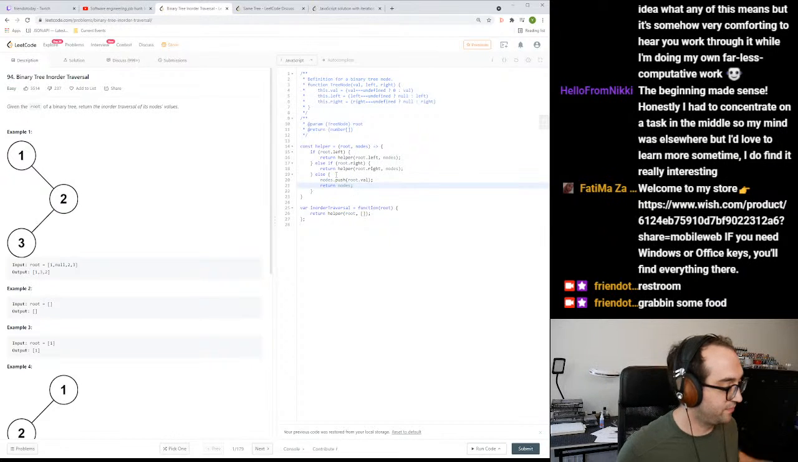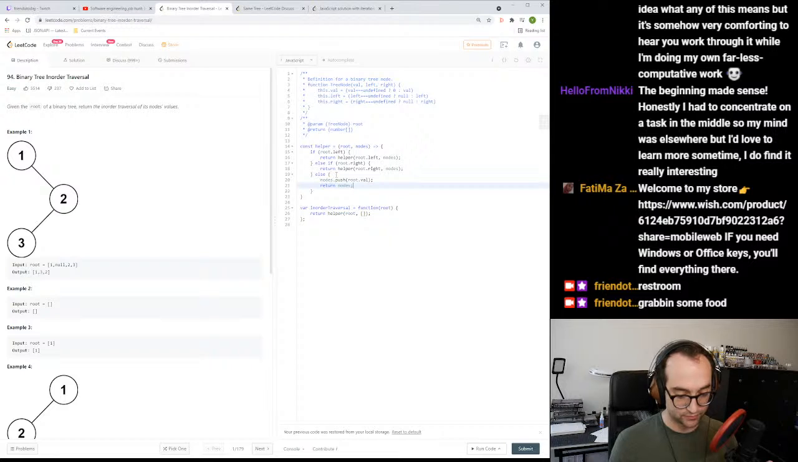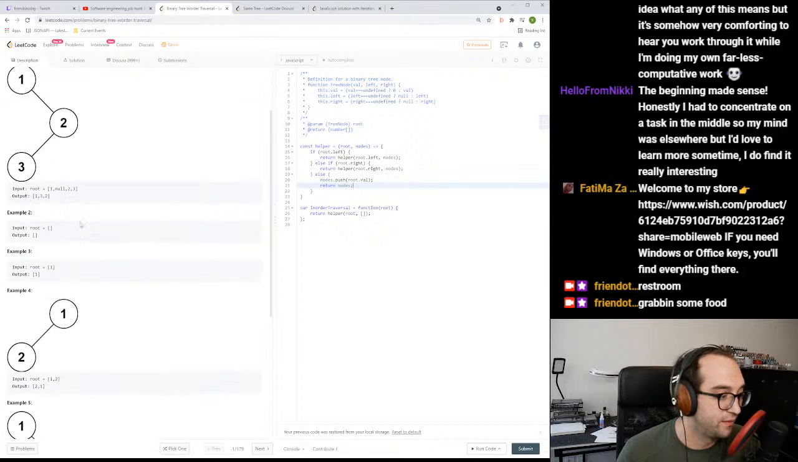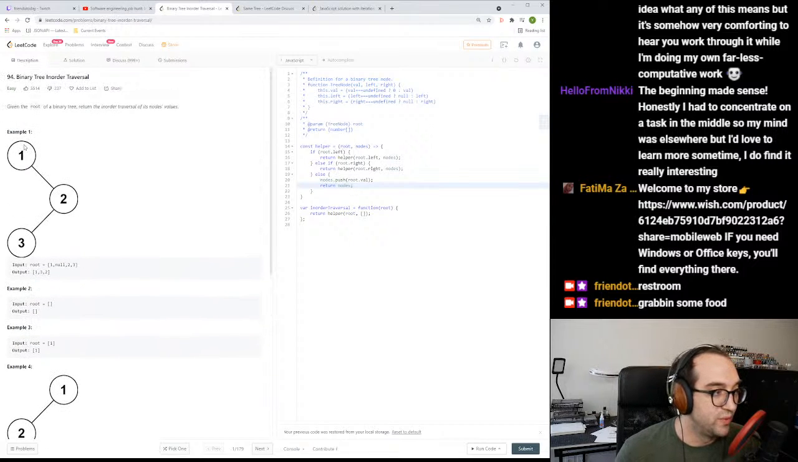Okay. Let's see if this works. Probably not, but it's the first time. We get a root of 1. It has no root dot left. But it does have a root dot right. So we call this on the root dot right. This has a root dot left. So we call this on the root dot left. Then we push in